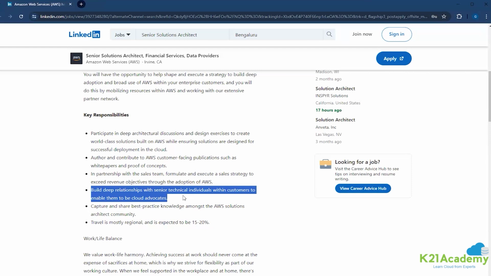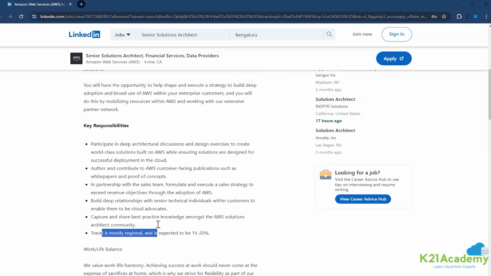You don't just go tell me like 500 machines you want to migrate, I'll click, migrate it, and this is how you do it. Give me my incentive. That's not your job. Okay? You will work with them to make sure that they have enough capabilities on how to do the things that you expect them to do. How can they make sure that without having to go through you for every request, they should be self-sufficient. All these things will also come in as your responsibility. It's not like, okay, project is over, let me just go back or leave. Keep that in mind. And yeah, best practices, all these in the AWS community forums.